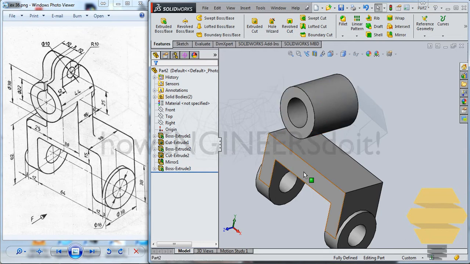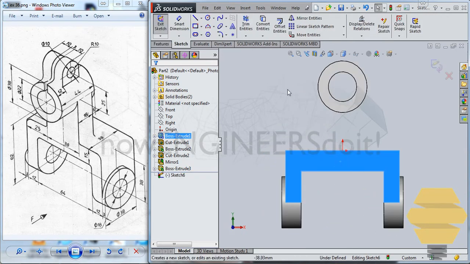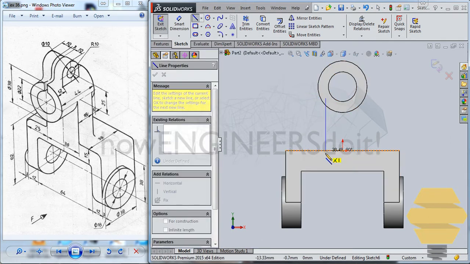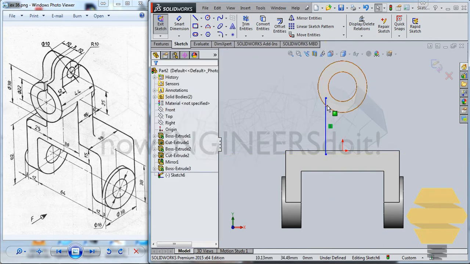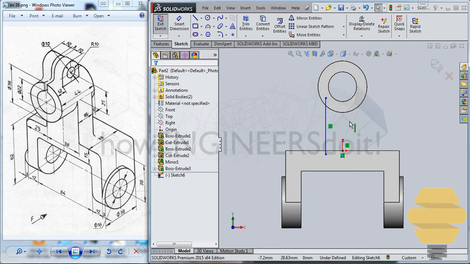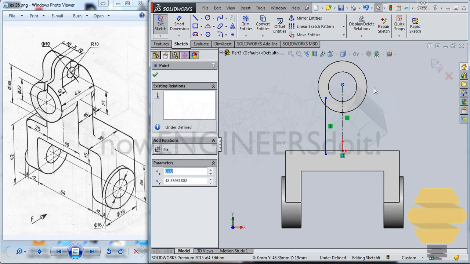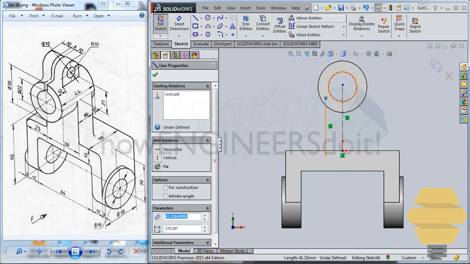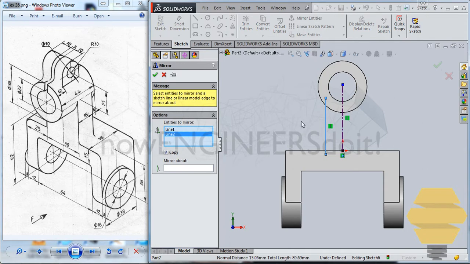Now we'll select this face again, click on the sketch, and this time I'll create a line here like this, and just use a center line here. Okay, do a center line, select this line, and you can go for mirror entities and mirror this,